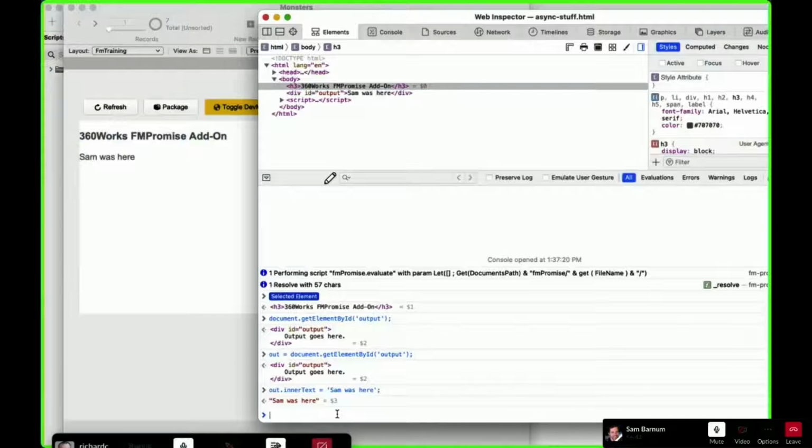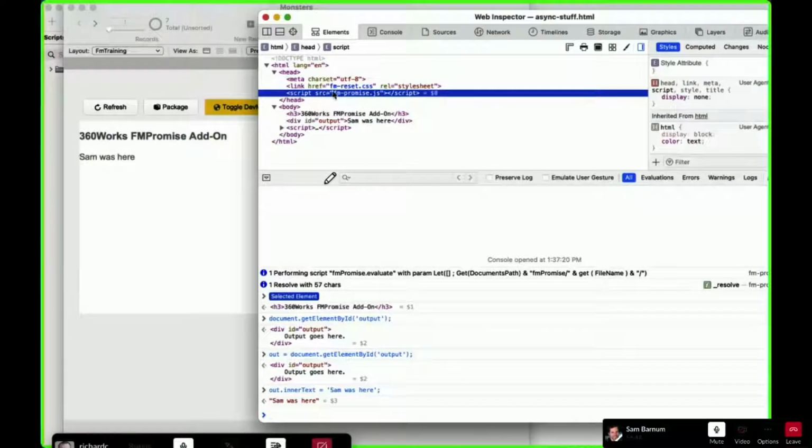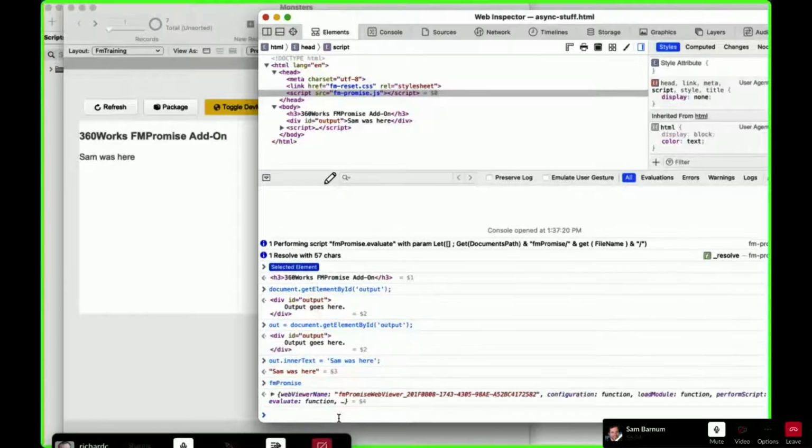All right, and because we've got fmPromise loaded using this script, we've got a window level fmPromise object. So in JavaScript, we can call fmPromise, and if we hit dot, we can see all the methods that are there.